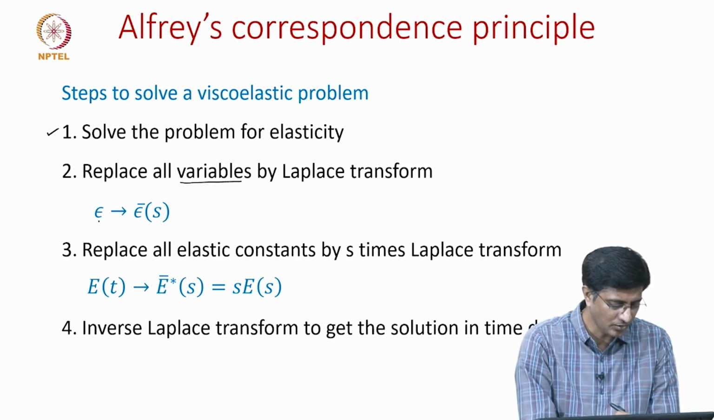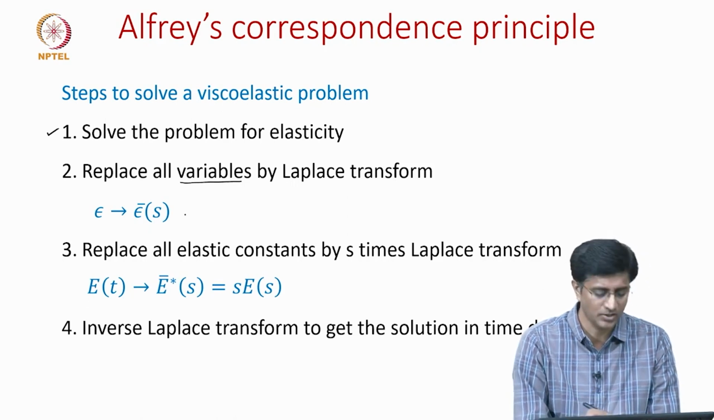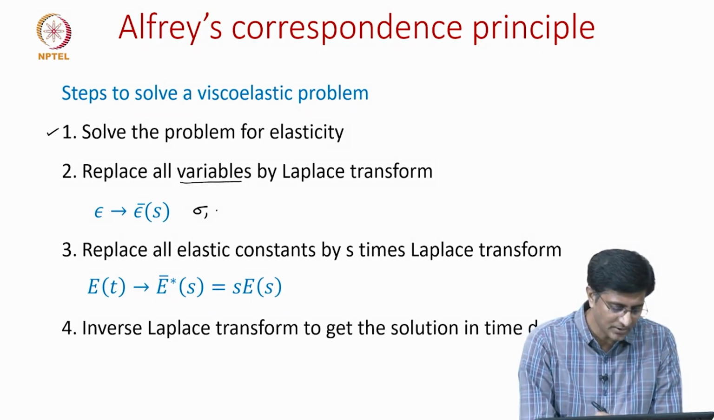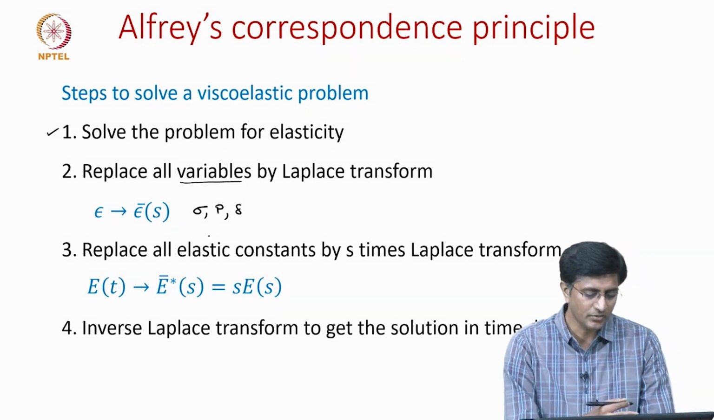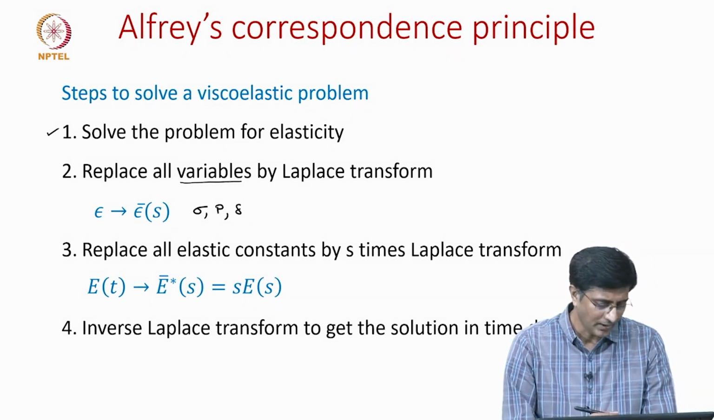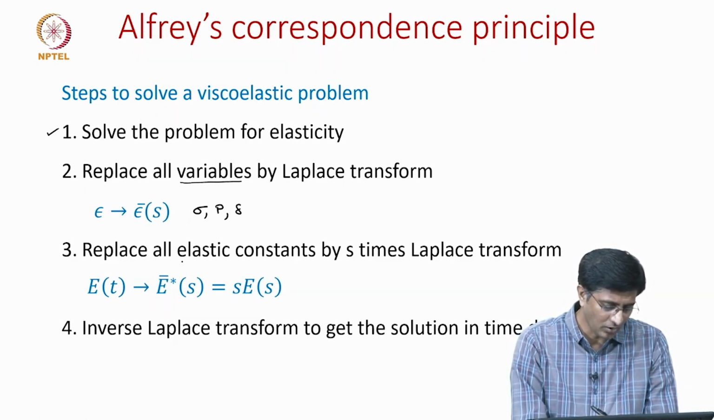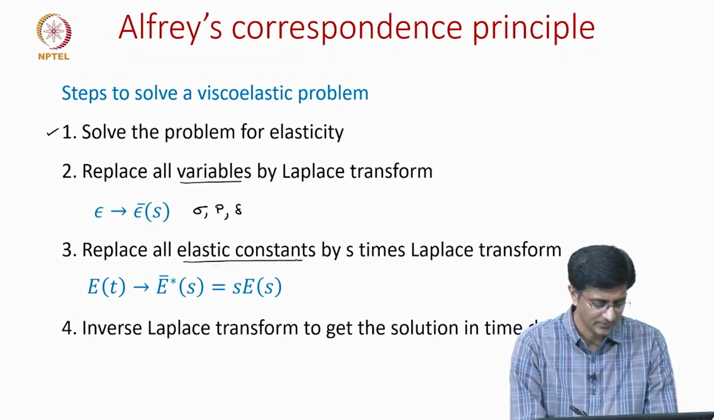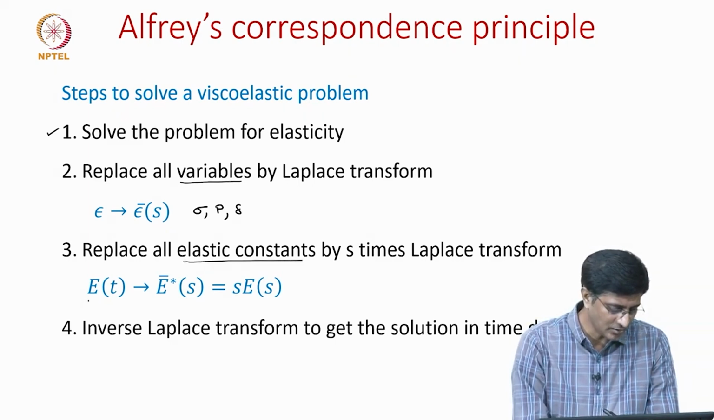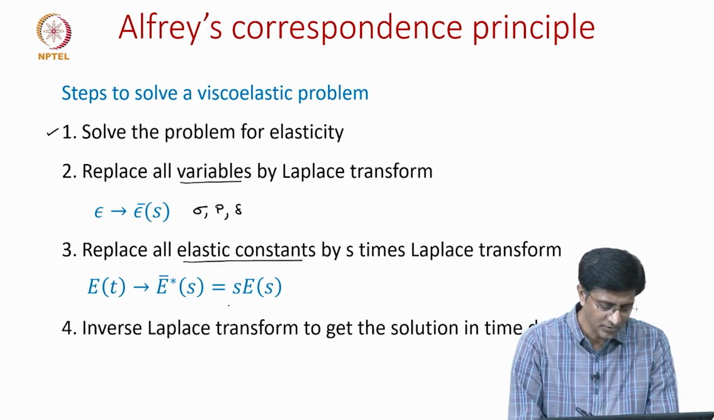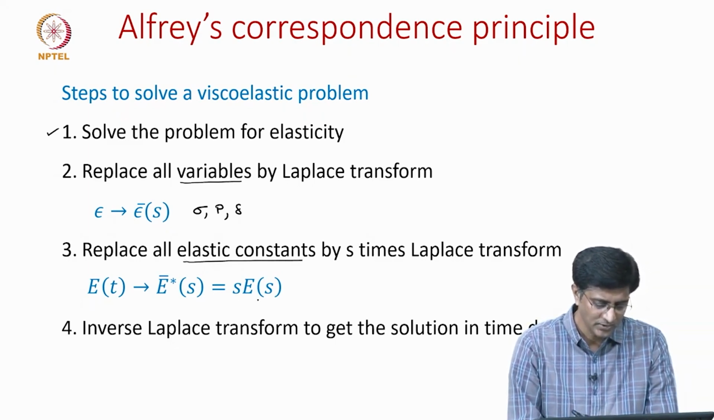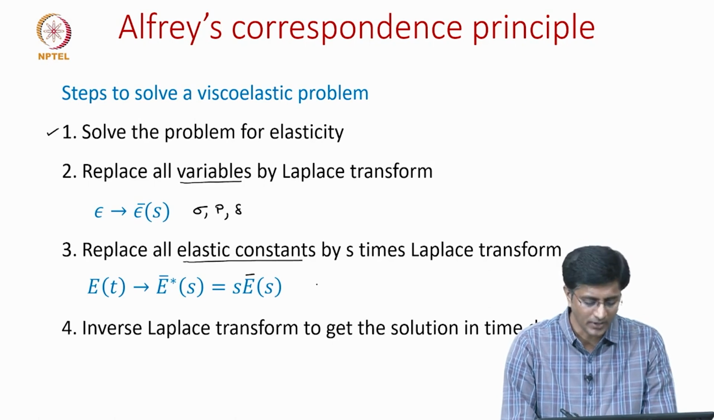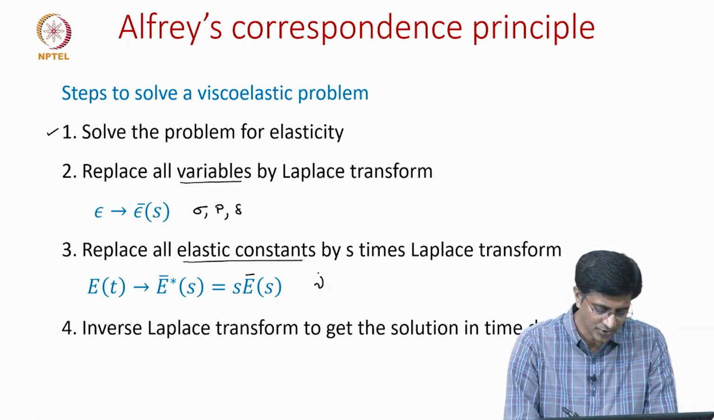Here we have shown only strain, but there are other variables in a problem, like the stress, the applied load P, the deflection delta. These are the variables in a problem. Next, in step 3 we replace all elastic constants. Here we showed elastic constants like the modulus E, which is replaced by s times the modulus in the Laplace domain. But the same can be applied for other elastic constants such as the Poisson's ratio,